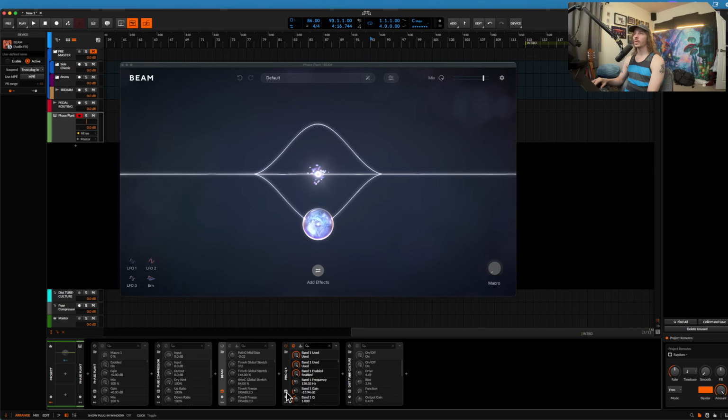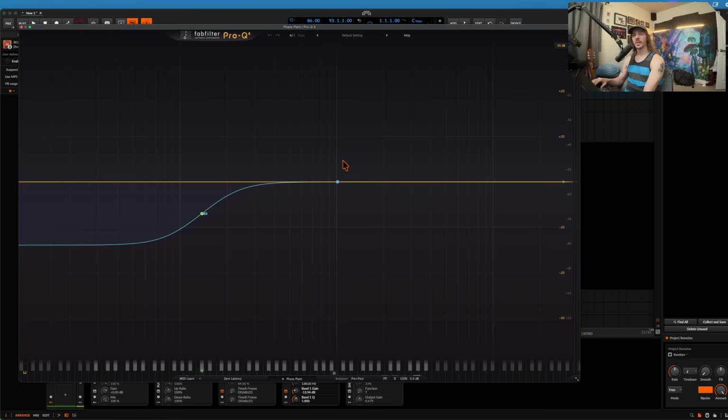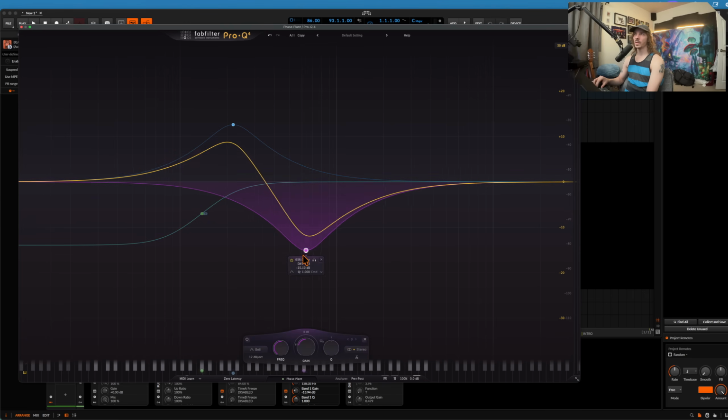So the last two are the Pro Q4. This was a buy once, cry once type of deal because of how expensive it was and I had to pay full price for it. Sorry, excuse me, for the upgrade from Pro Q3. But I like this thing a lot, mostly just because of the interface and because of how easy it is